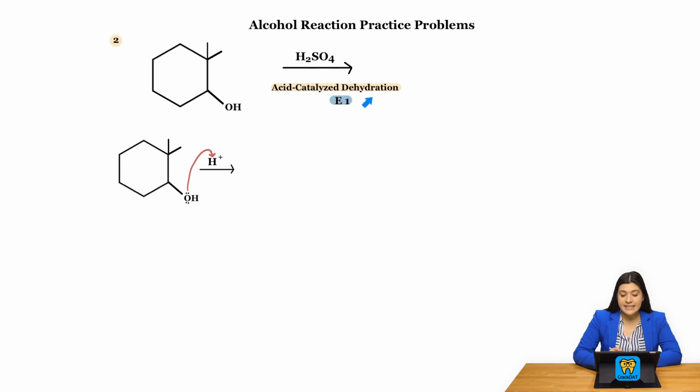This next reaction is dehydration. So we have what type of alcohol here? Well, this carbon is attached to 1